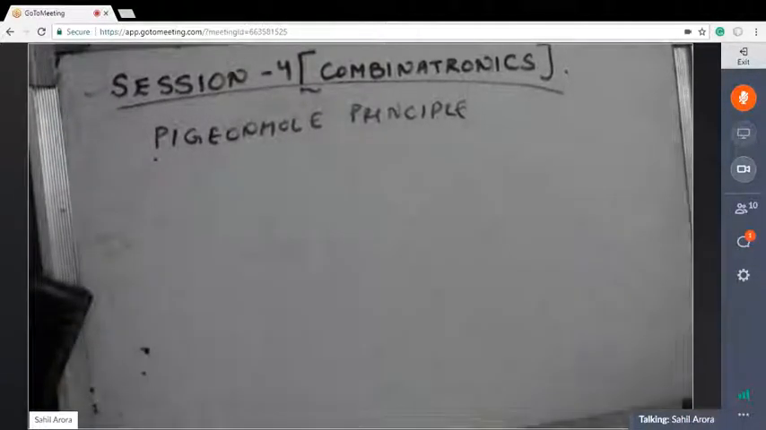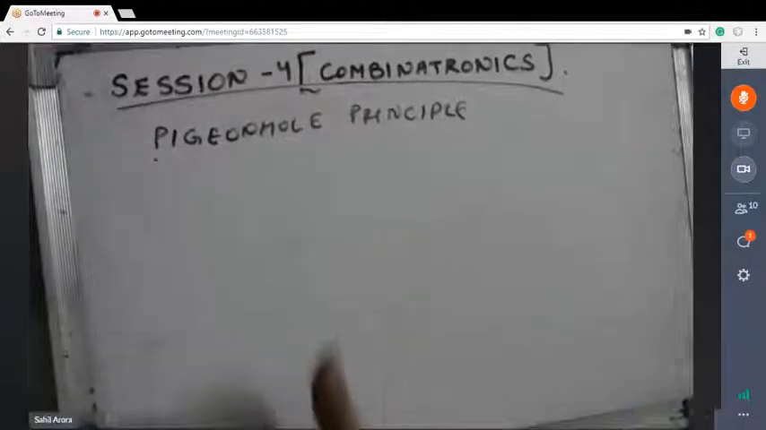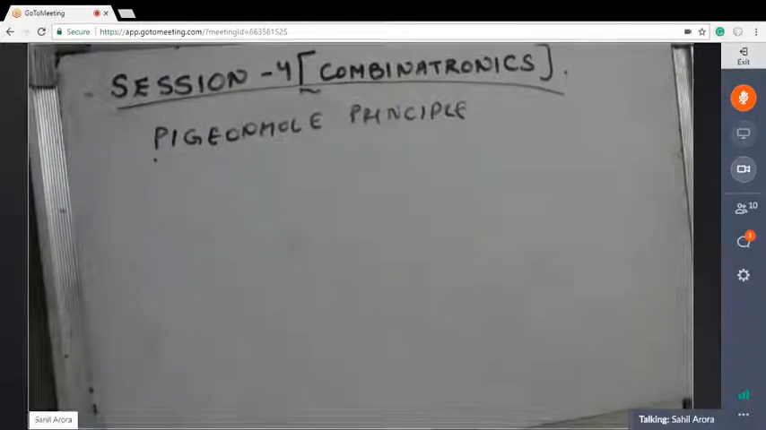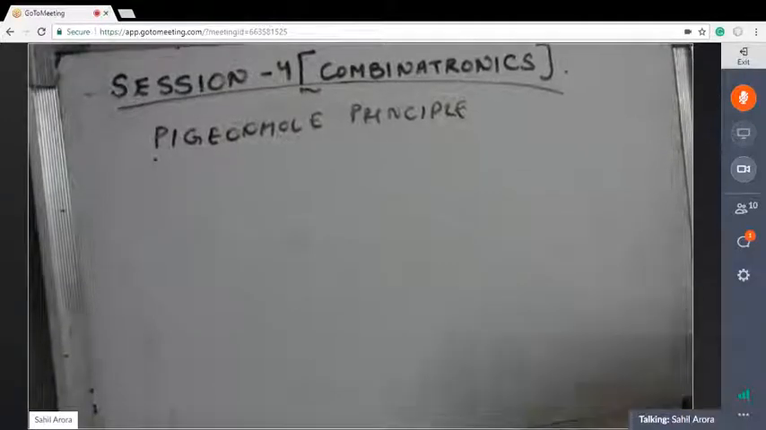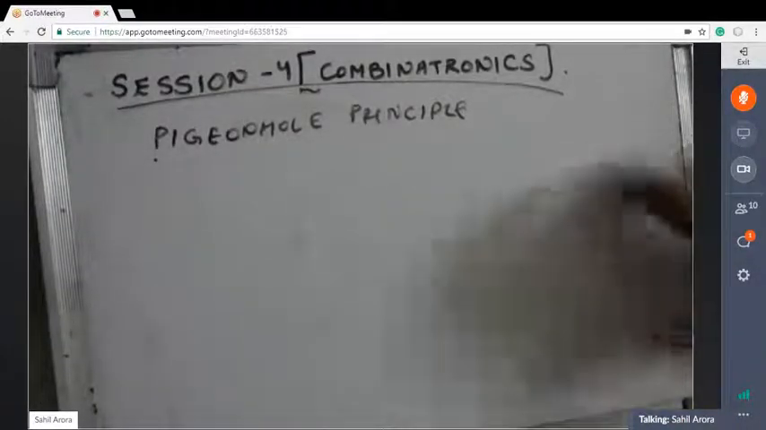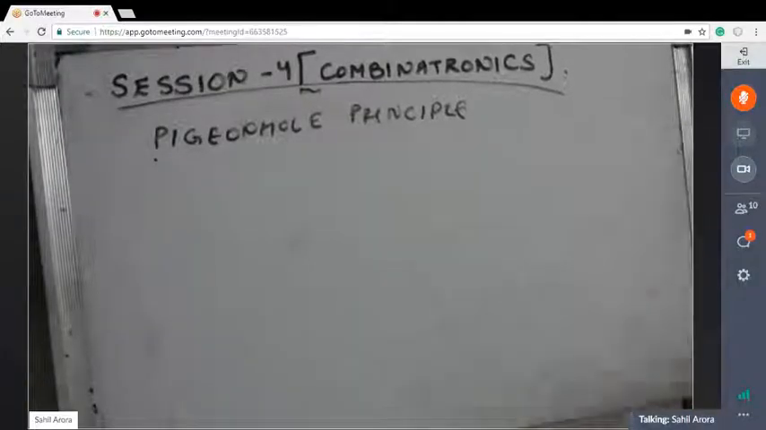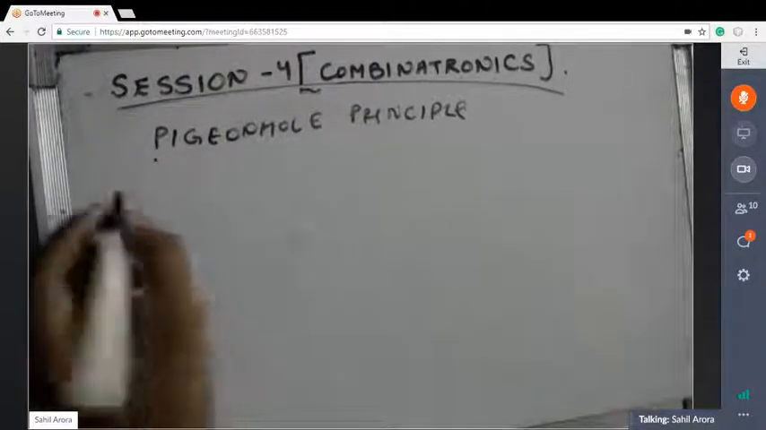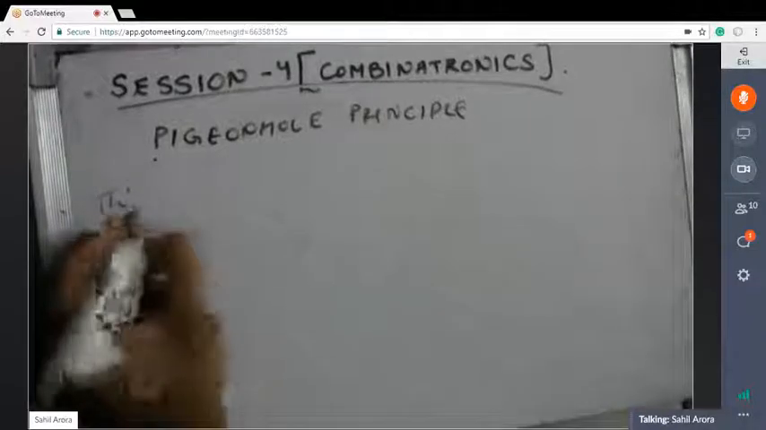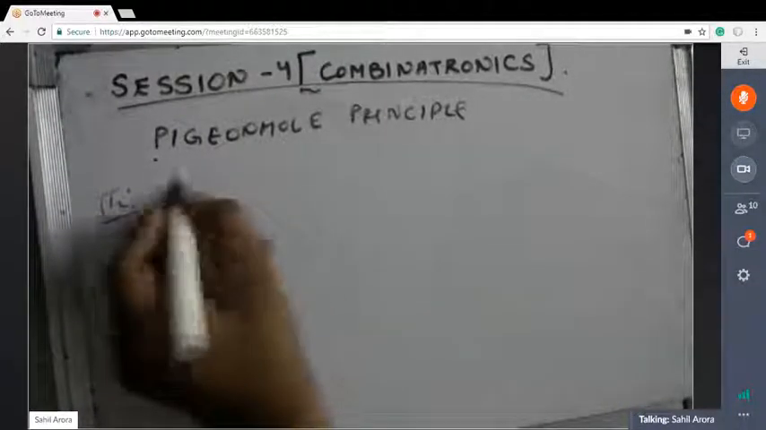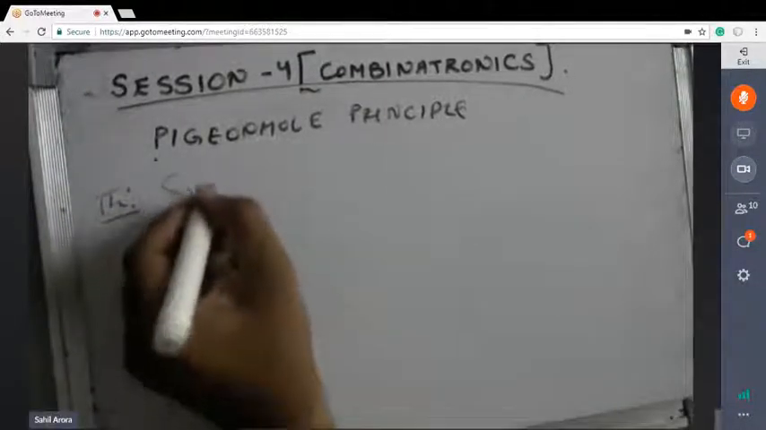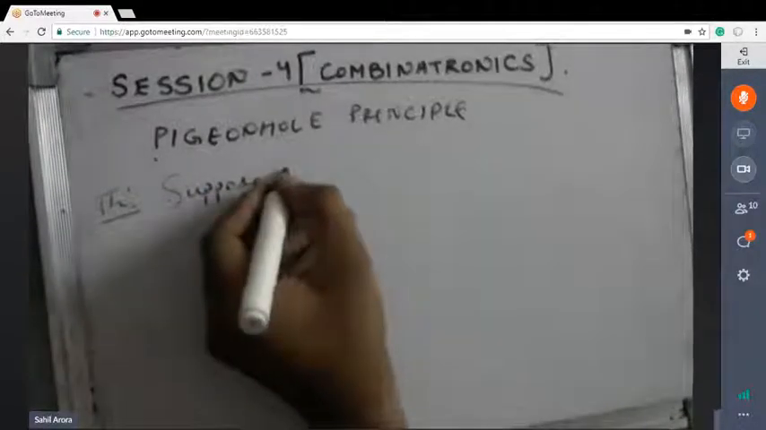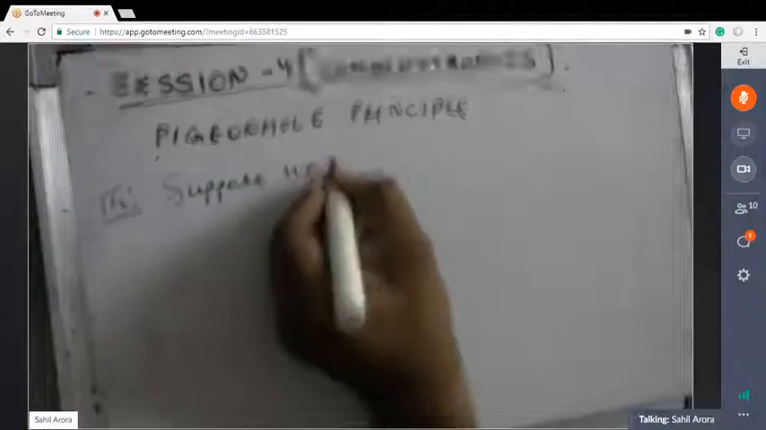So whatever we have discussed just now, I'm writing it as one theorem. If we just know that theorem, then we'll be able to solve any question of the pigeonhole principle. We need to understand it, mug up that theorem, then we will be able to solve any question on pigeonhole principle. I'm writing that theorem now. So the theorem says that suppose we have